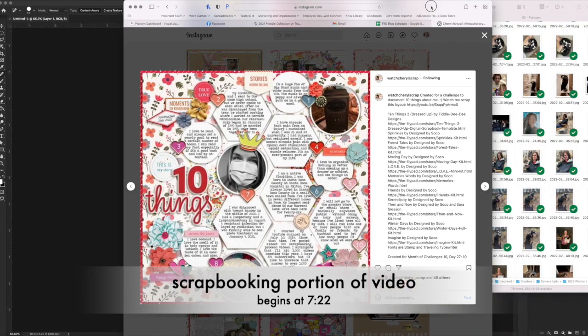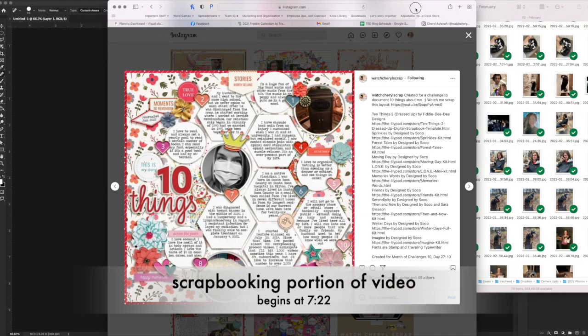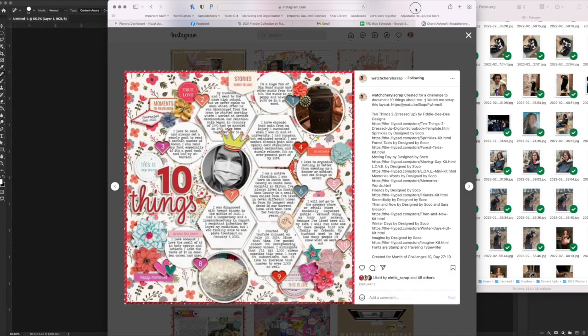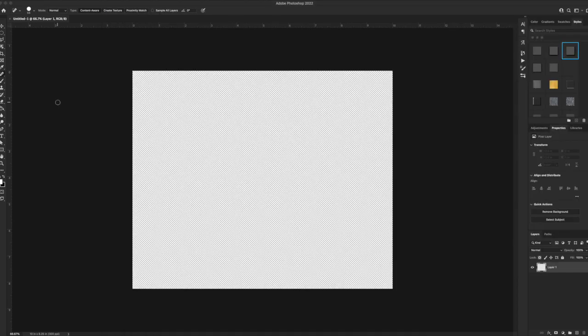Scrappy people, it's Traci Reed here today, and we are going to be scrap lifting my good friend Cheryl for TRD Scrap Lift Saturday, and I'm going to be scrap lifting this beautiful layout with all these gorgeous hexagons, and